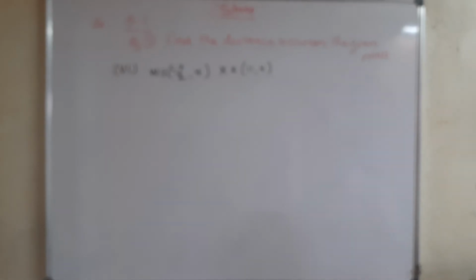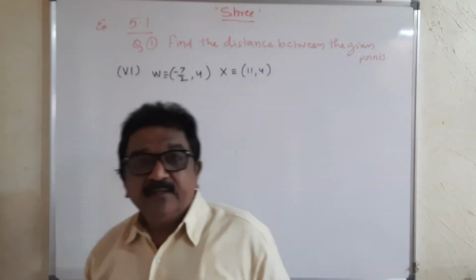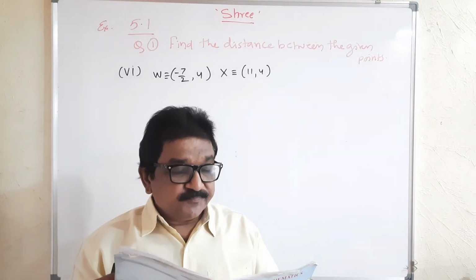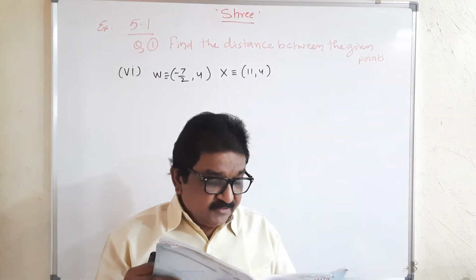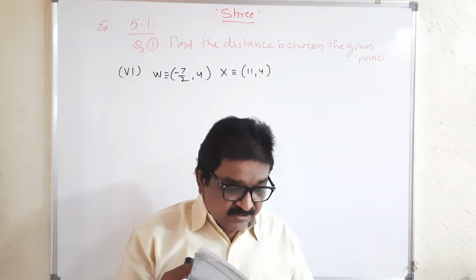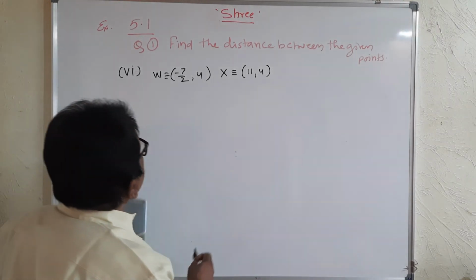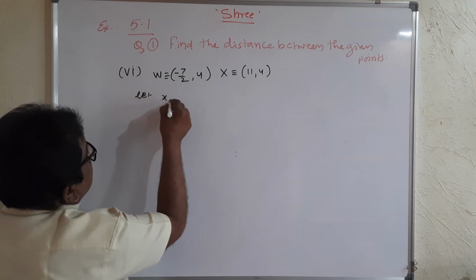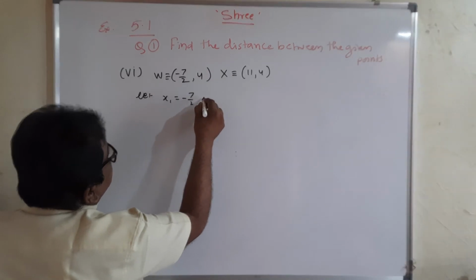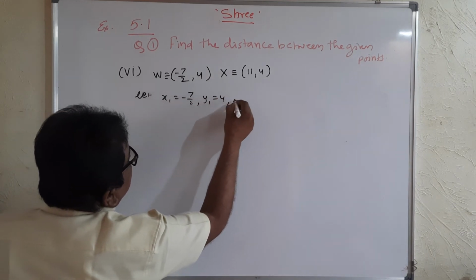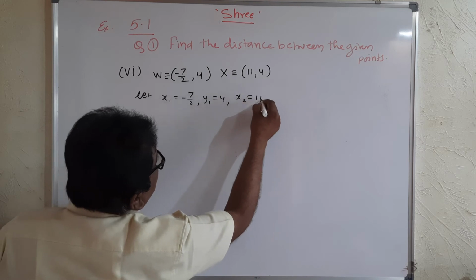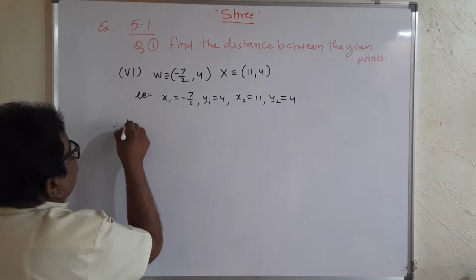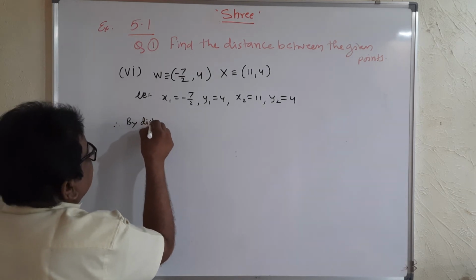So I start the sixth one. The fifth one you can do because we have done such examples. Now there is a fraction, so I start the sixth one. So suppose, or let, x1 is equal to minus 7 upon 2, y1 is equal to 4, x2 is equal to 11, and y2 is equal to 4. Therefore, by distance formula,